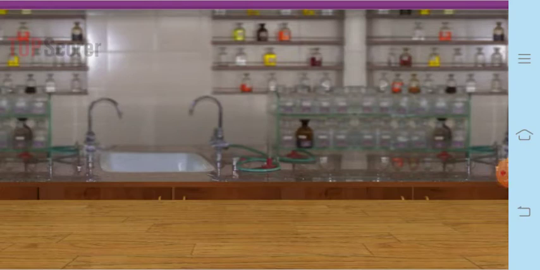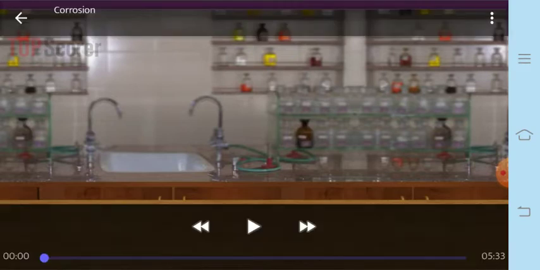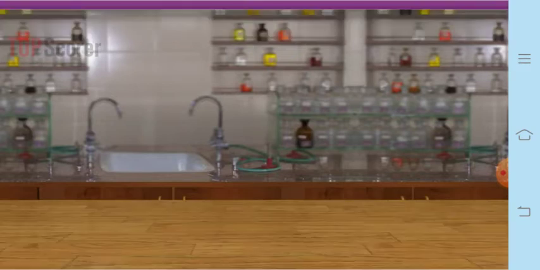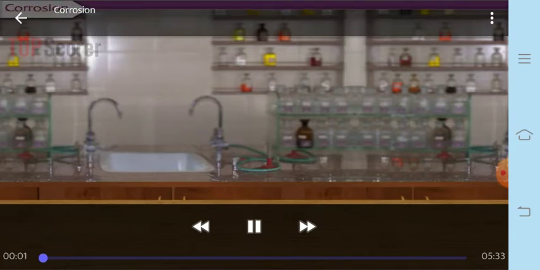We have already finished oxidation and reduction reactions. Now, let us proceed to the last part of the lesson, that is corrosion. Why we need to study corrosion is because due to corrosion, there is a lot of loss created because the metal surfaces get damaged, and so whatever articles are formed from metals get wasted, and therefore we need to learn about corrosion and how to prevent corrosion. So for that, let us study corrosion.